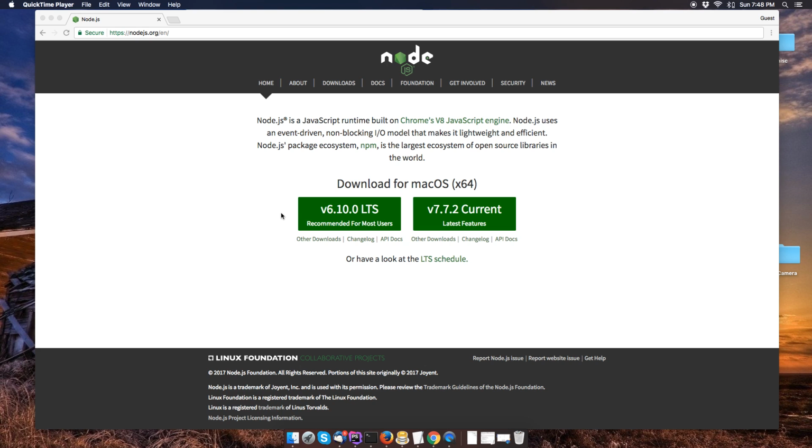Okay guys, so the first thing we're going to do is install Node.js. Now for those who don't have Node.js, you can simply go to nodejs.org and download the latest version. After you have downloaded and installed the latest version, the next step is to download NPM, which is an online